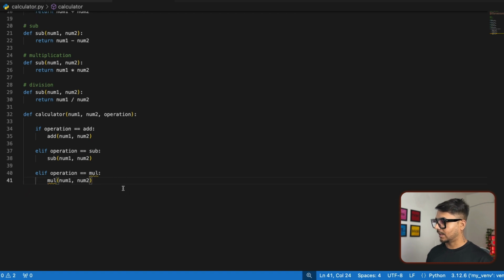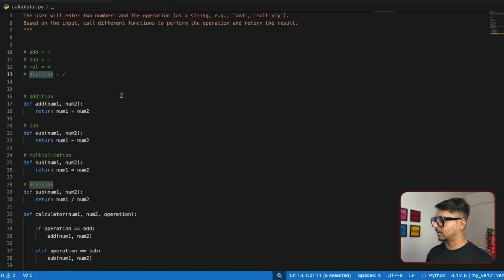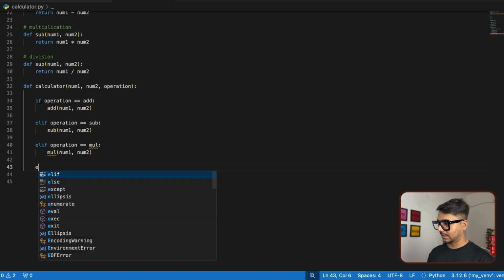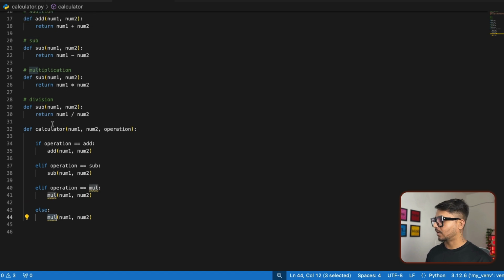Okay, else we would go ahead and print the third one, which is called the last one, which is called divisions. So for that we will just go ahead and say else, and here I'm going to put my logic. That's going to be, I'm calling that function which is called divisions. Okay, so that function name is,